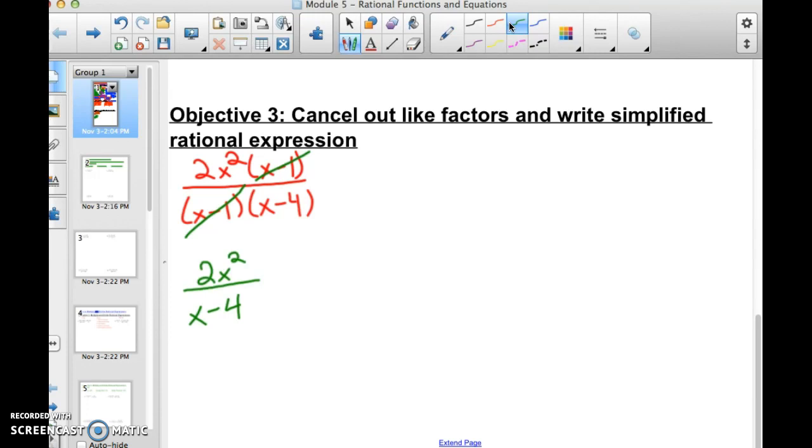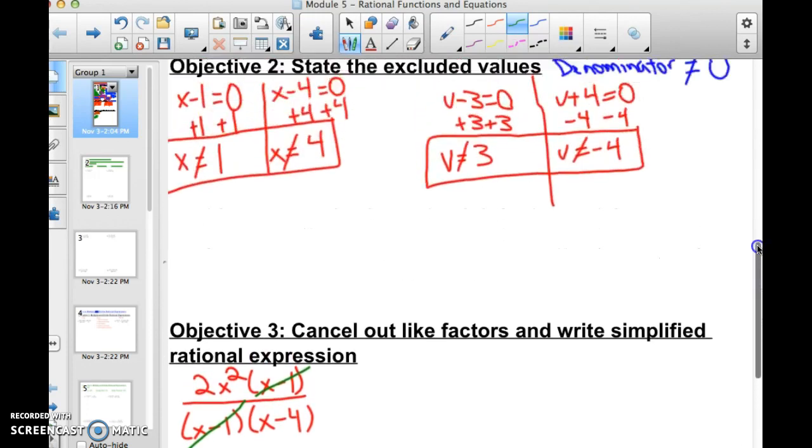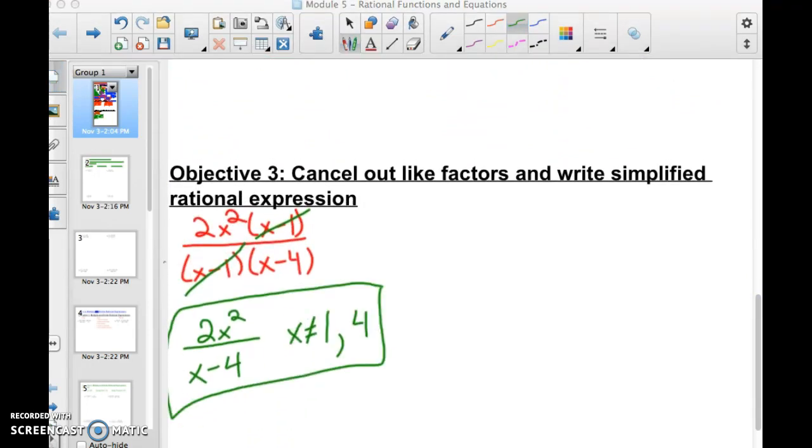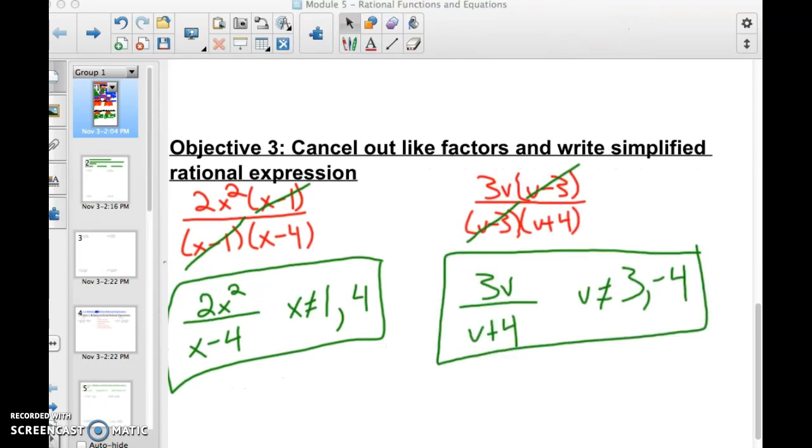Now, in order to satisfy your homework and your practice problems, you have to also include the excluded values in your problem. So my simplified version with the excluded values is my final answer. Go ahead and pause the video and try objective 3 for your problem. 3v over v plus 4 and v can't equal